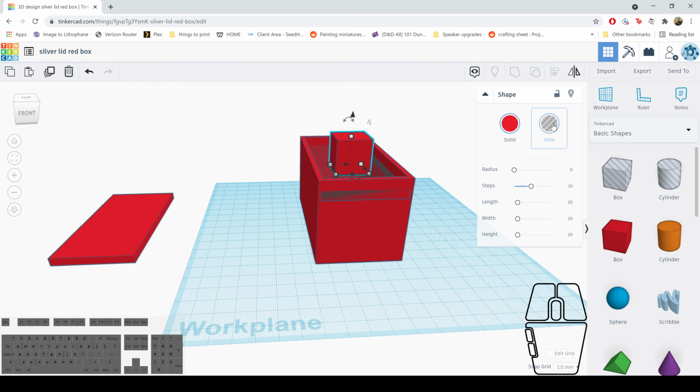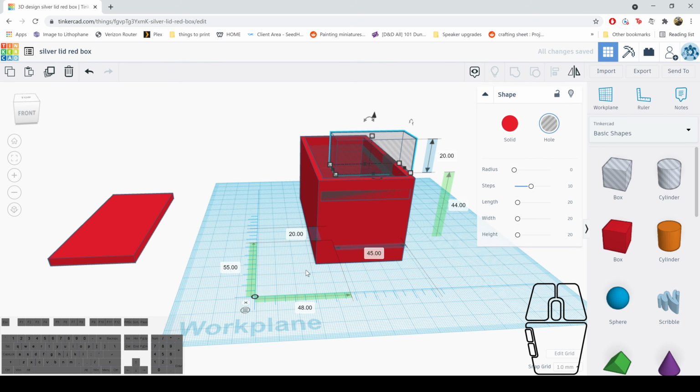We're going to change that to whole, and then we're going to change just one dimension on this. So we're going to bring up the ruler, and all we want to do is change its left to right dimensions. So the 20 in the front here, we want it to match the width of the chamber area of the box, which was 45. So we're going to enter that, dismiss the ruler,